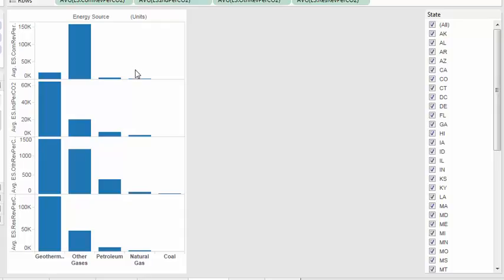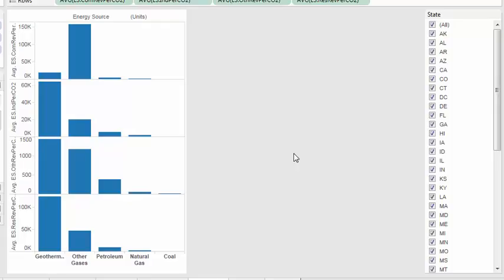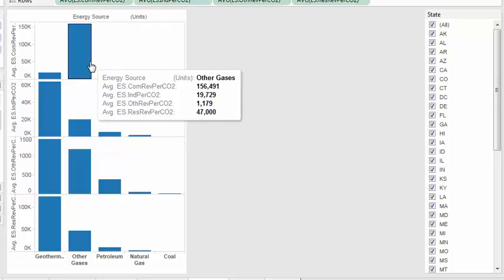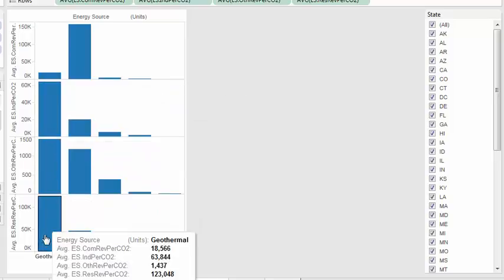Producing more revenue per CO2 emission. Now we are plotting the graph for getting the relation between the revenue generated per unit of CO2 emission. From this graph, we can clearly see that geothermal is producing more revenue per CO2 emission. In the chemical sector alone, other gases produce more revenue per CO2 emission. Thus, the geothermal source of energy emerged as a winner among generating more revenue,